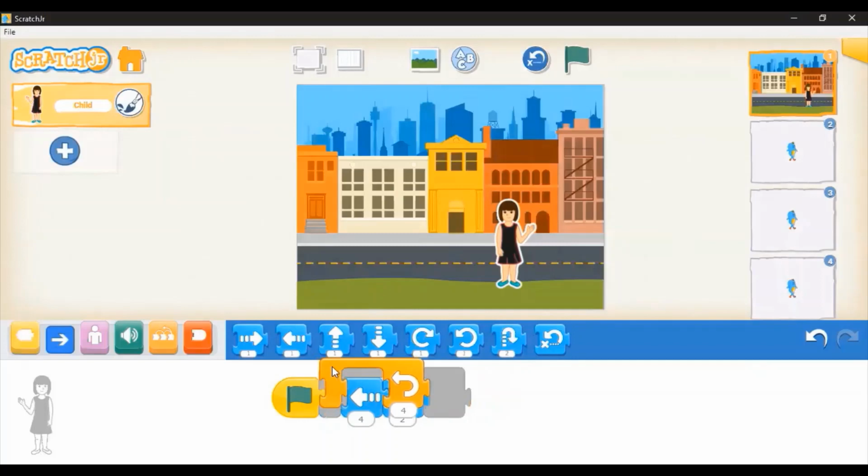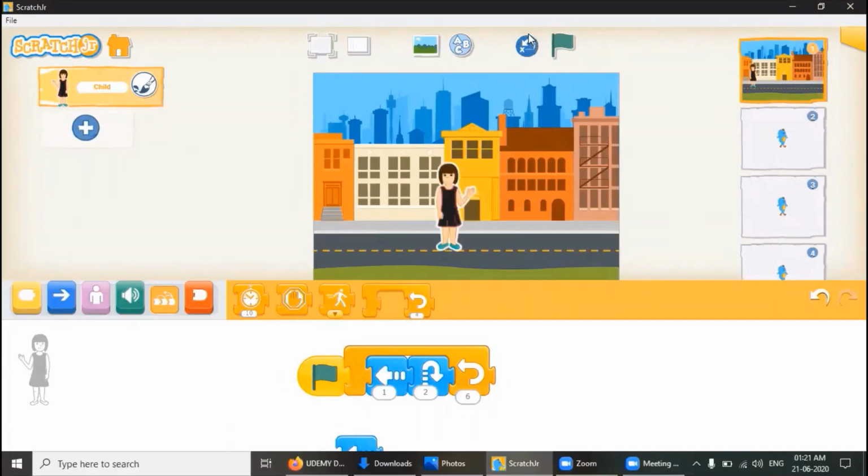And now I will repeat these two blocks 4 times. So I click on the flag button, so she will jump. I hope you've understood the advantage of having this loop. You can repeat these blocks, more than one block, n number of times.